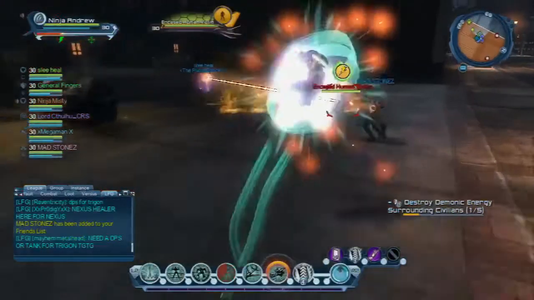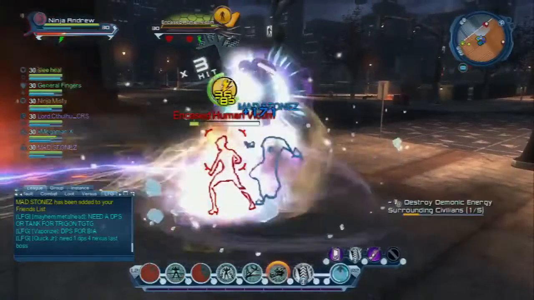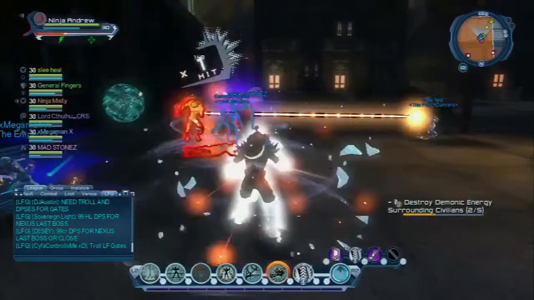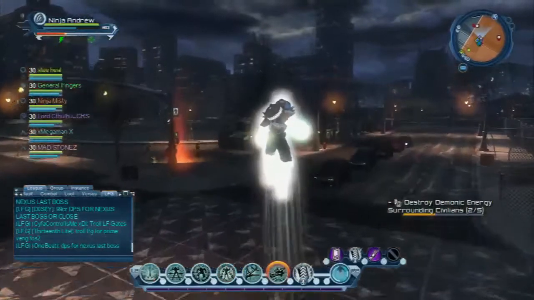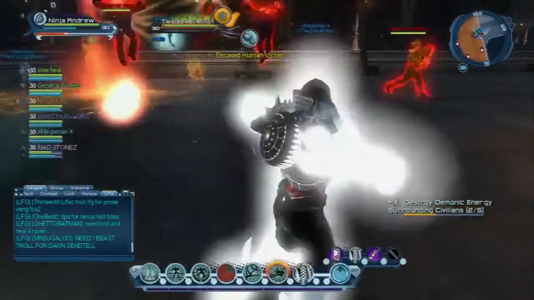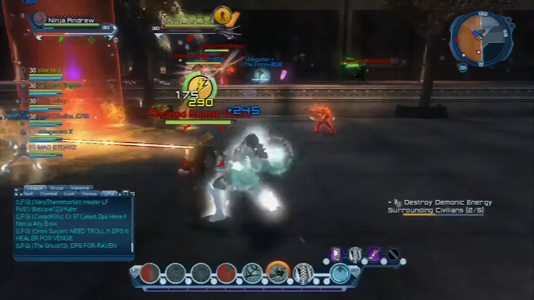Go for the encased human victim. There we go. As long as the team knows what they're doing, this section should go really quickly. I've been in some funny groups before where they thought that you had to defeat all the clowns first and leave the human victim alone. And let's just say they didn't quite get through this raid, so...